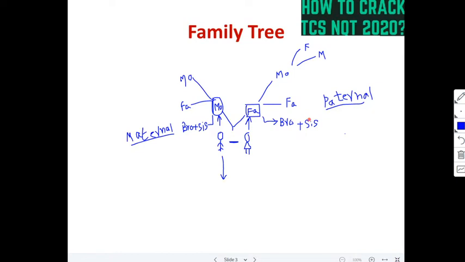Father's sister is called aunt, father's brother is uncle. Again, as we said, these both are paternal uncle and paternal aunt, and here too these people are uncle and aunt, but we use maternal uncle and maternal aunt. Okay, now